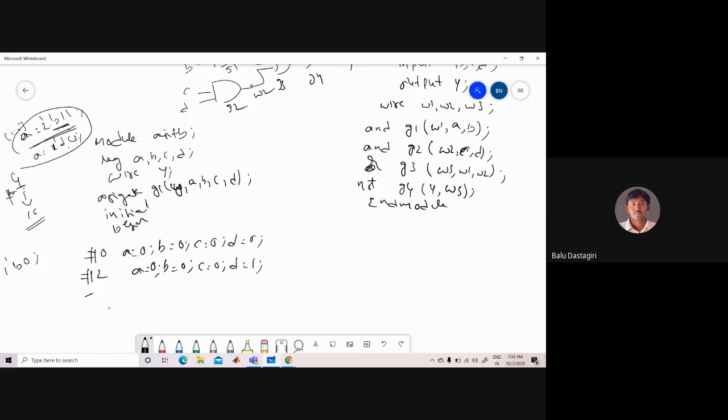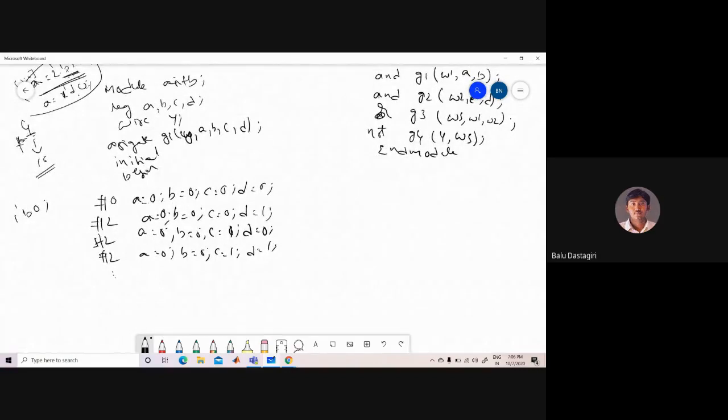Next, again after 2 time units, A equal to 0, B equal to 0, C equal to 1, and D equal to 0. Again after 2 units of time, A equal to 0, B equal to 0, C equal to 1, D equal to 1. Like this, I can specify all the 16 test patterns.